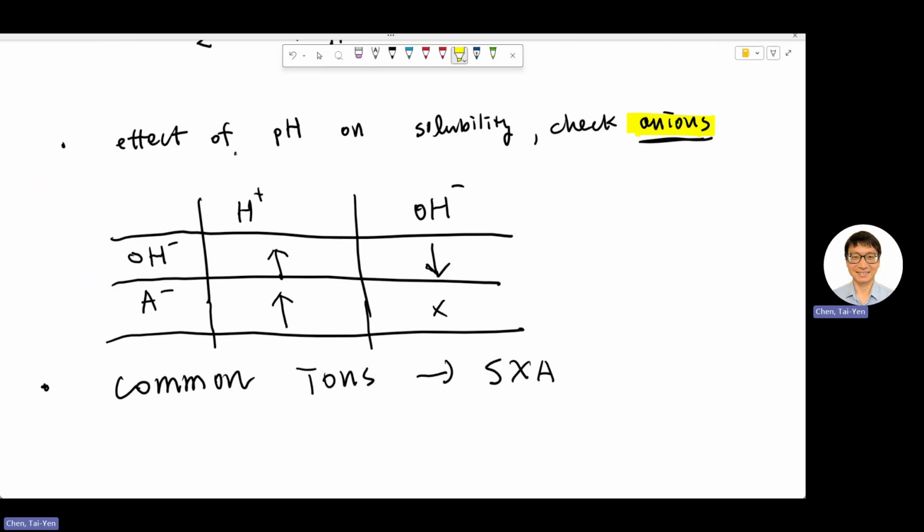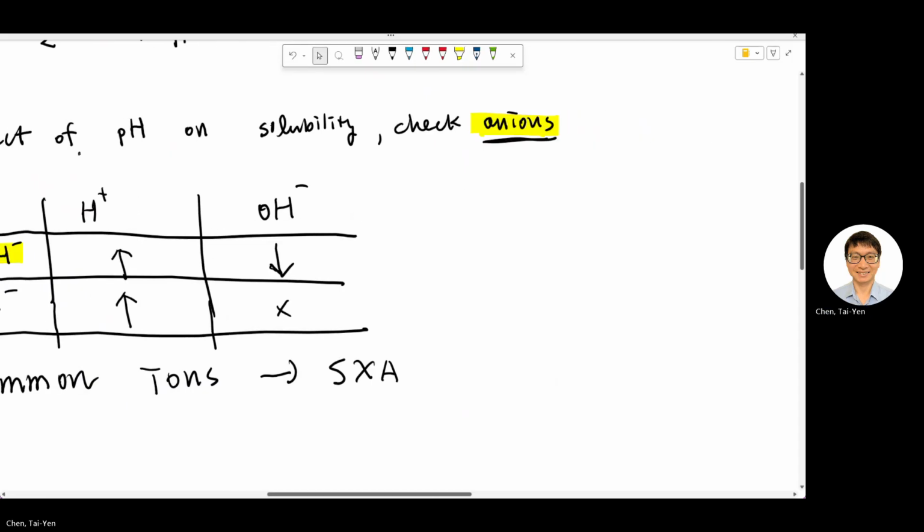Okay, or some weak base. Therefore you want to look at the anion part to predict. So the idea is actually very simple. If your anion is OH minus, that means you have this. The A just represents any cation that complexes with hydroxide to form an insoluble salt, and